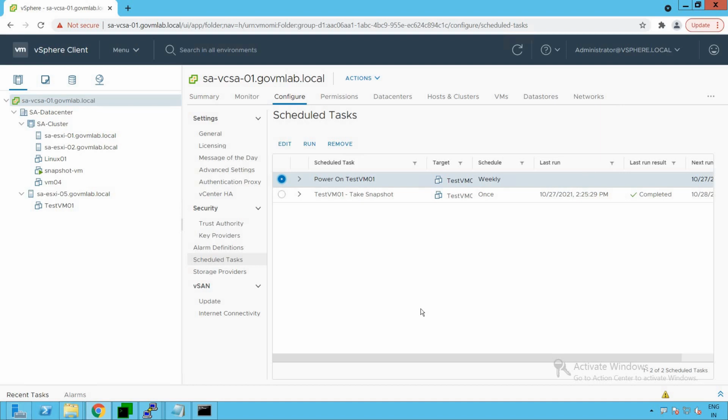But we don't have an option to go and create a vCenter server specific scheduled task like what we have seen at the data center level. And we know the reason why. vCenter server is the topmost object of our vCenter inventory, and the vCenter scheduled task option gives us a single placeholder for monitoring all the scheduled tasks which have been created at the various object levels of our vCenter inventory.